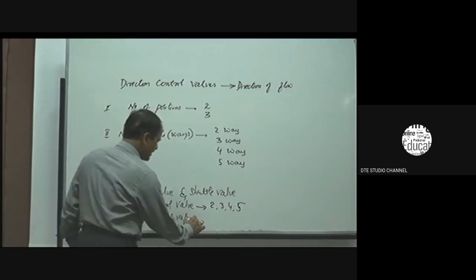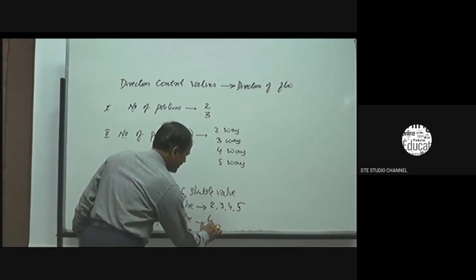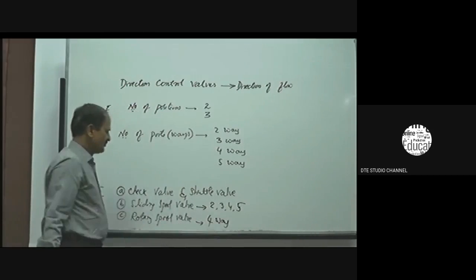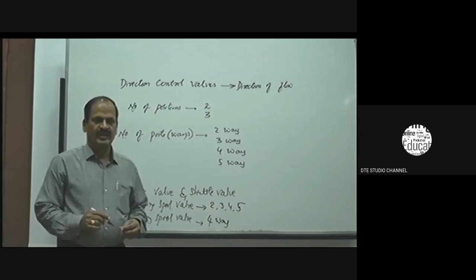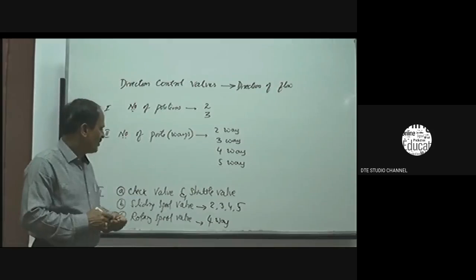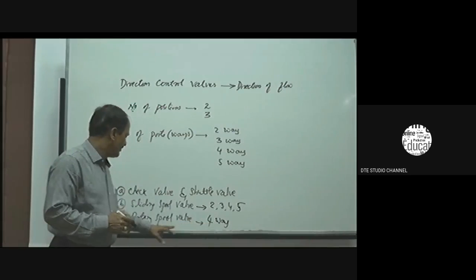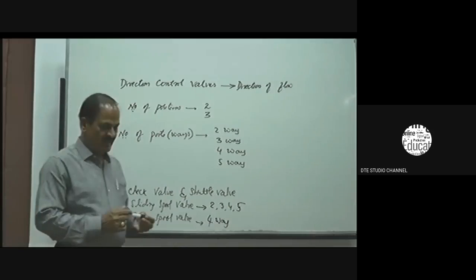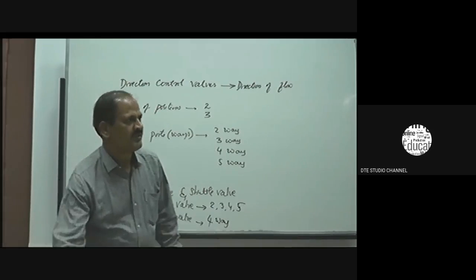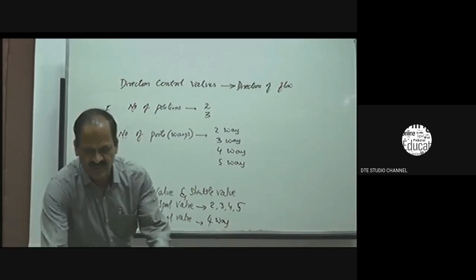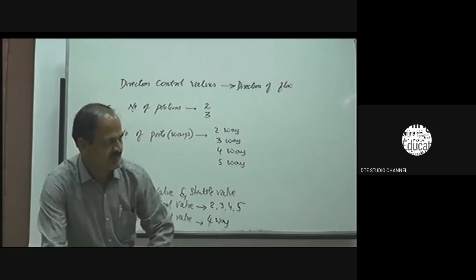In the case of rotary spool valve, it is generally a four-way DC valve, in which the rotation of a spool regulates the flow of fluid into the actuator. Rotary spool valve is generally a four-way DC valve. Now, let us discuss the different types of DC valves.